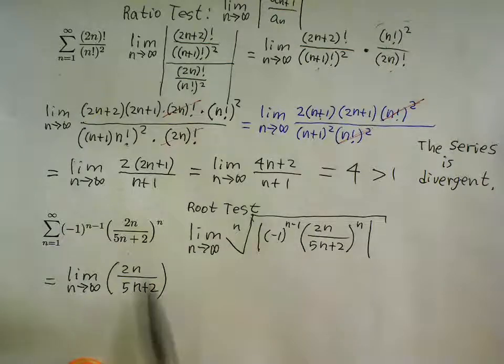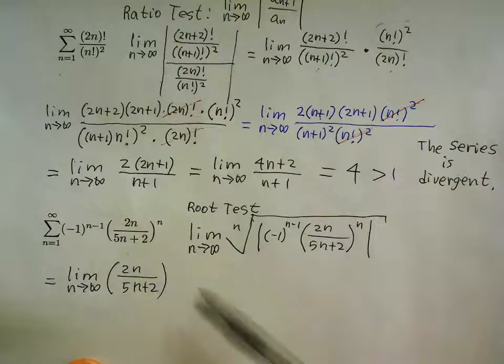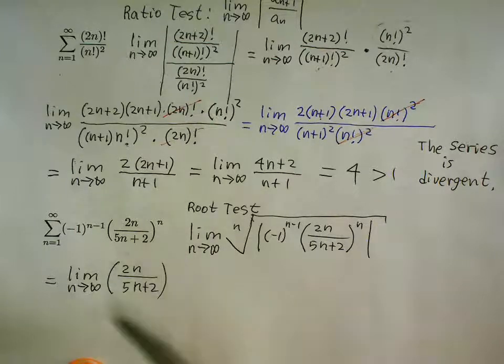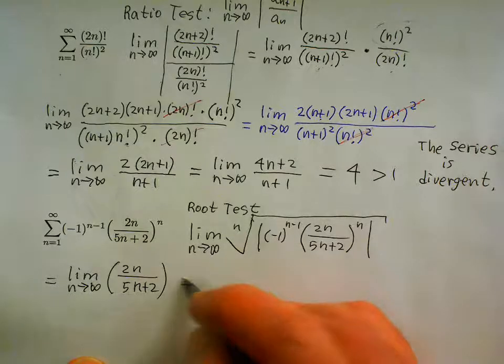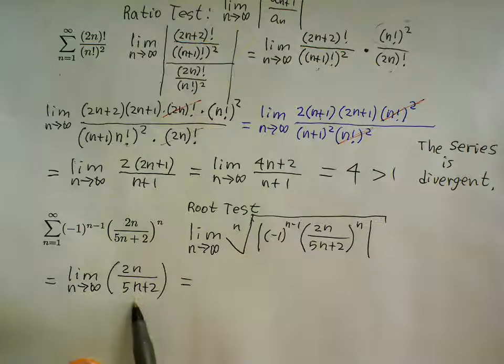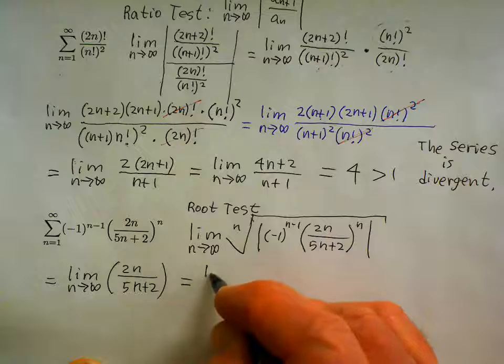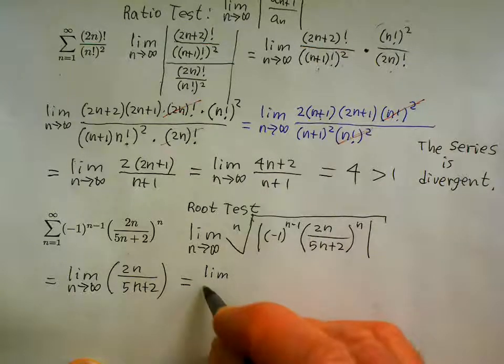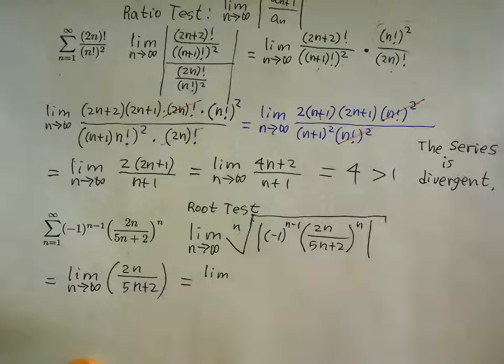So hopefully, if not already, you can tell immediately that this limit is 2/5. Let's go ahead and go through the procedure for this kind of limit. Divide by the term with the largest exponent in the denominator. So if you multiply that expression by 1 in the form 1 over n over 1 over n,